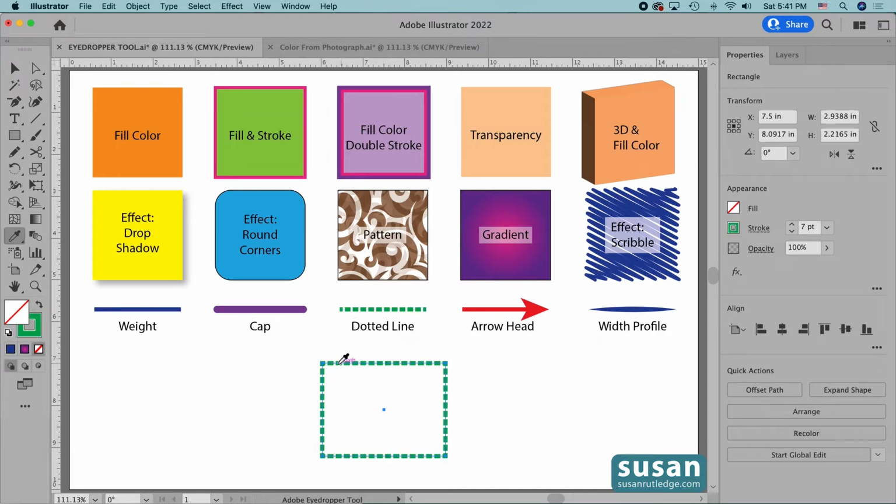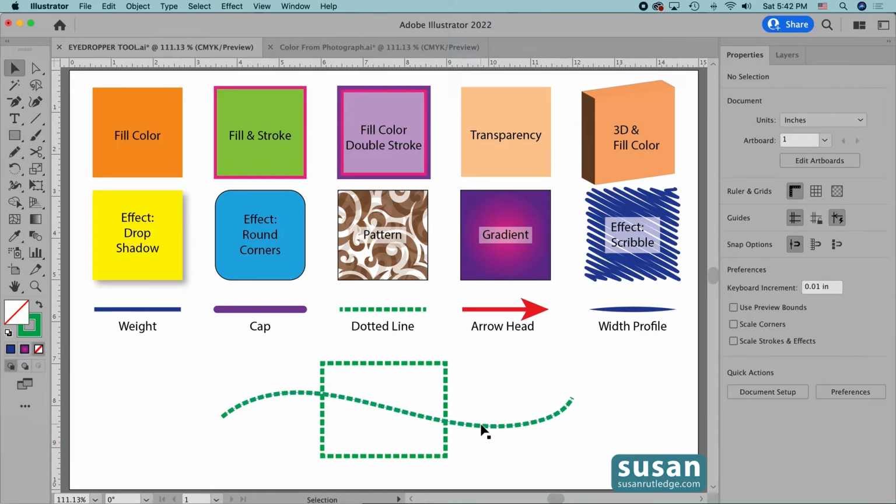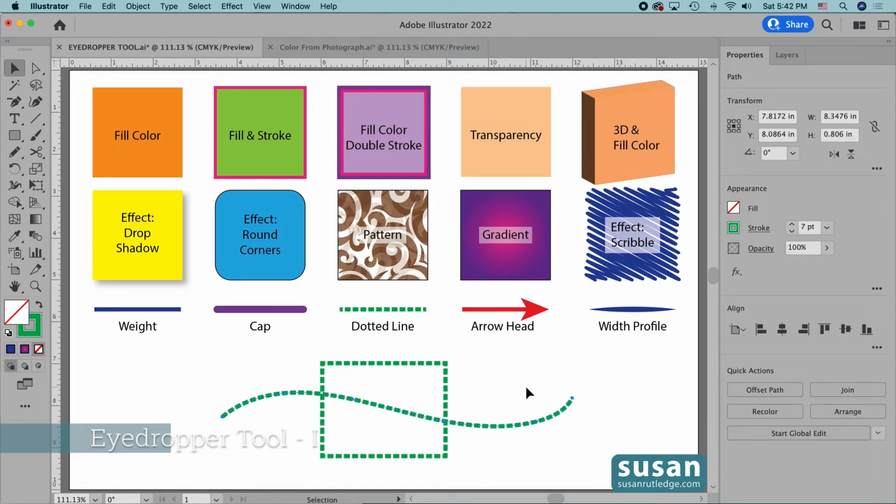The eyedropper tool picks up the green color and it picks up this dotted line setting, but it leaves the fill color empty again. Now I'm going to get the pencil tool, keyboard shortcut N, and draw out a simple little curved line and get the selection tool, keyboard shortcut V, and select my line, and get the eyedropper tool